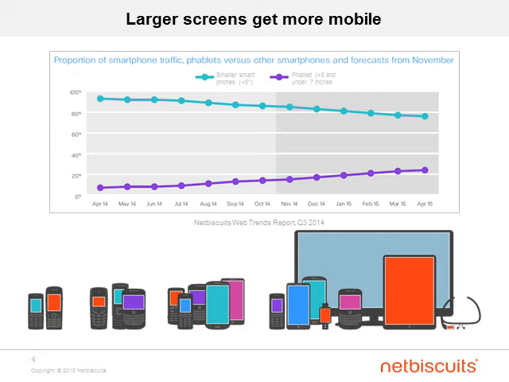Also, given that conversion rates on tablets are better than conversion rates on smartphones, we should expect the move to larger screens to have a positive impact on engagement as well. But this blurring of the smartphone and tablet categories also raises other considerations. Interestingly, although tablets are mobile devices, they're predominantly used at home, while smartphones are generally used in a bigger variety of contexts. So if people use phablets in place of having both a smartphone and a tablet, and this is something we're already seeing a lot of in Asia at the moment, it makes knowing the context in which the device is being used more important than ever.